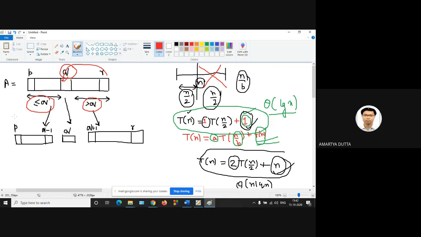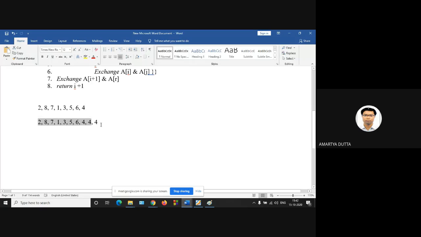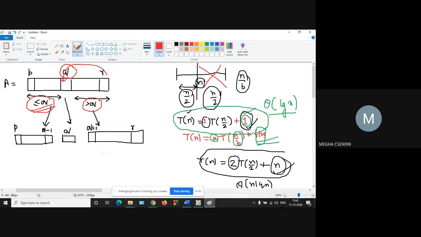Actually, this is the division rule. The left-hand side must be less than or equal to Q. Suppose there are multiple elements like 4, 4, 4. There are three 4s. Then this extreme 4, the last element, is your pivot element. You have to place this 4 in its proper position. So 2, 1, 3 and two 4s belong to the left array. Yes, sir. Now you are dividing the array into 2 parts, and then you have to recursively solve